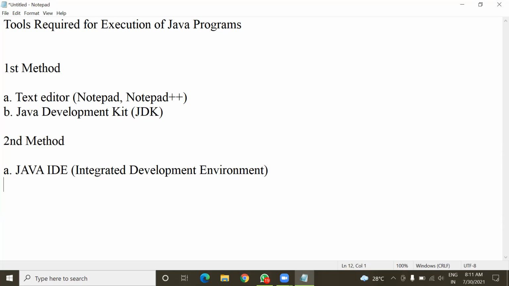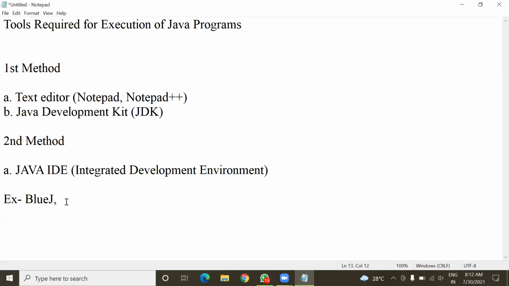For example, there are various Java IDEs available. At a school level, you can use BlueJ. BlueJ is a Java IDE where you can type and execute your Java programs.